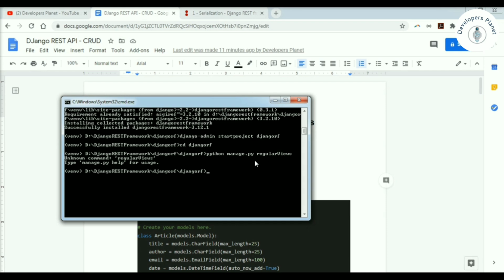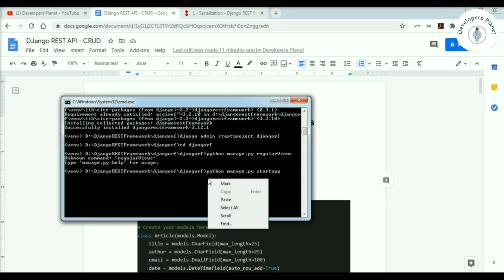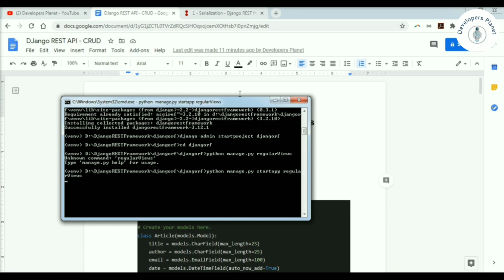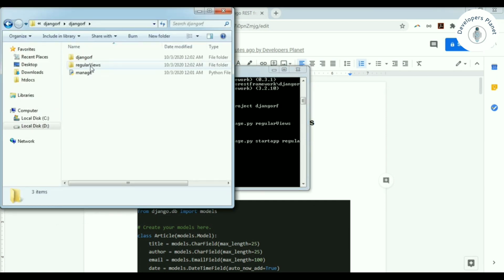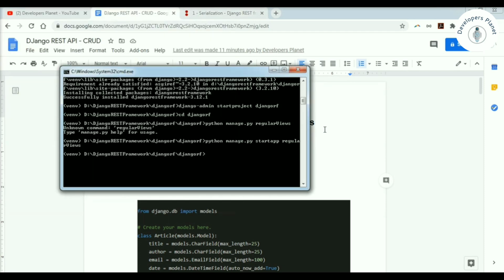Okay, this is the wrong command, sorry. The command should be python manage.py startapp and the name of the app. Okay, hit enter. Yes, it's created. Here our app regular views is there with all the files. So now we have created the app.